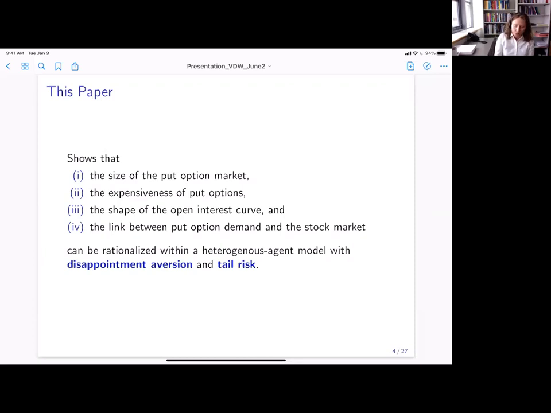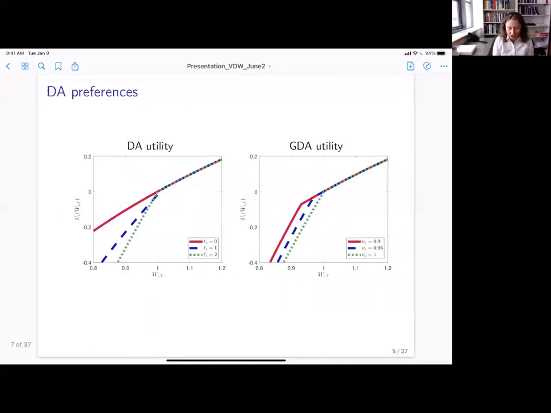Okay. So before I go on to discuss the relevant literature, for the people who are very familiar with options, but maybe not super familiar with disappointment aversion, let me just very quickly visualize so that you have a picture in mind of this disappointment aversion utility. This is basically a concave utility function with a kink at a reference point. And we have two important parameters, which I vary here on these different graphs. There is L, here on the left side, and there is kappa, which I vary on the right side. What L will control is the slope of the utility function below the kink. And what kappa will control is where the kink actually happens.